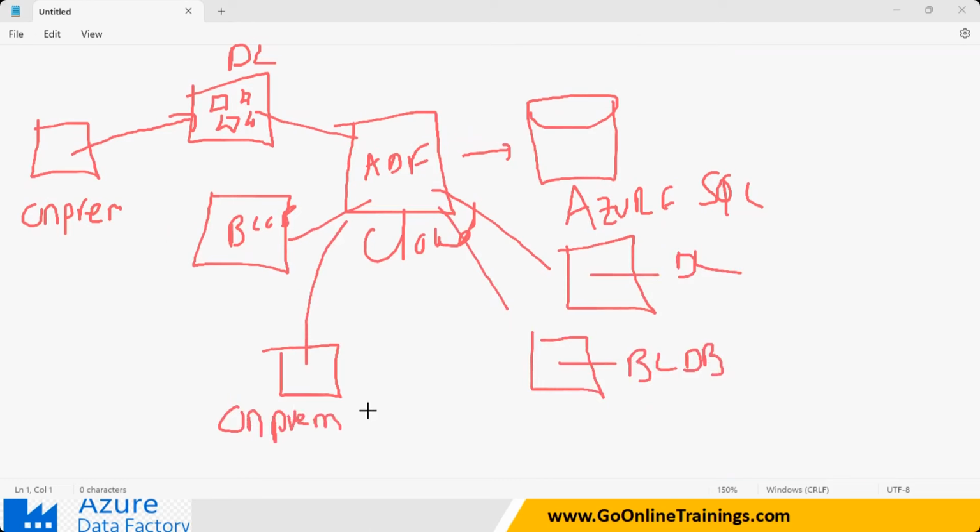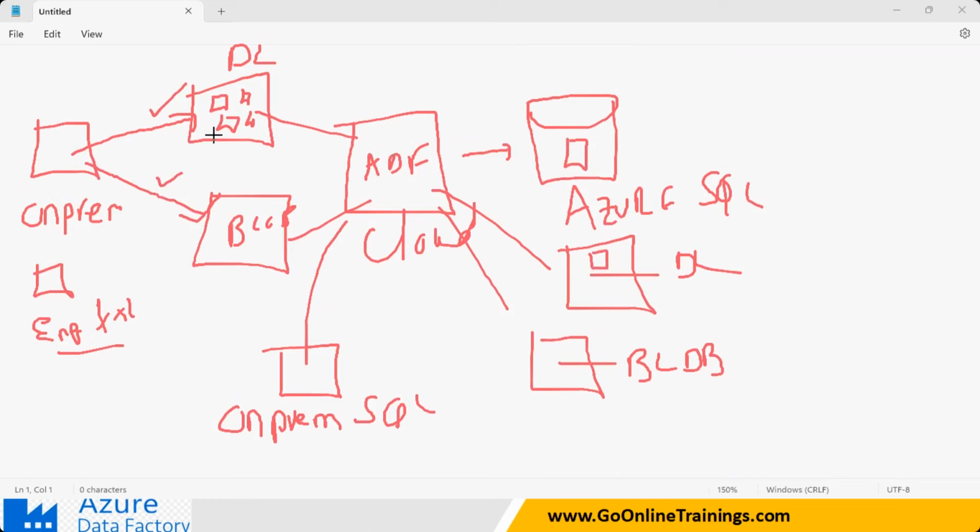It can also get the data from the on-premises SQL. For example, I have an Excel file, an employee.txt file or employee Excel file, which is there in the C drive. But how do you dump the data? First, this data you need to put in the data lake, or you can also place the data either here or here. From here, you will be able to get the data using ADF. If it is structured data in this file, all the data can come to the employee table, or as it is, you will be able to load the file as it is to the data lake.